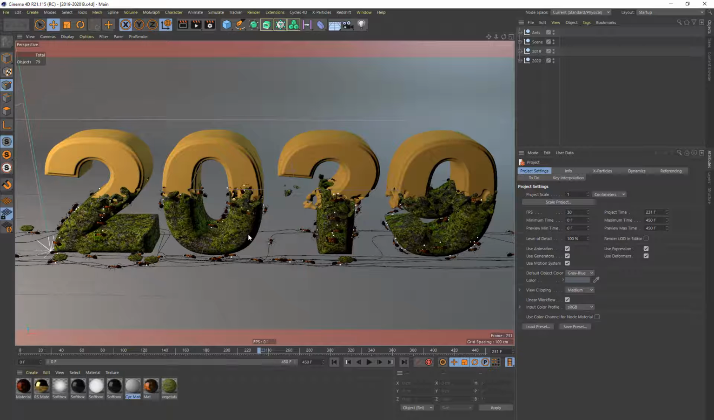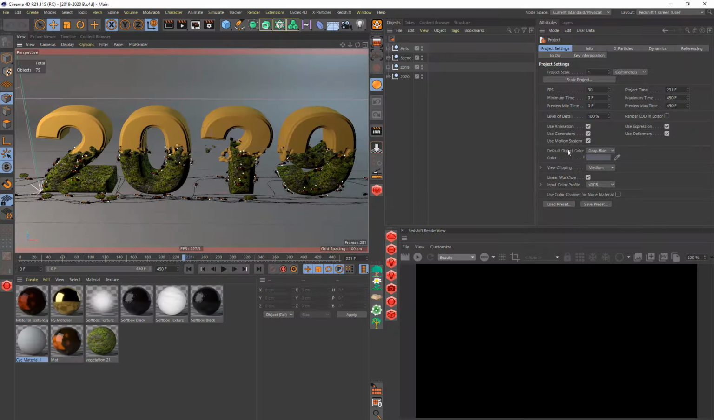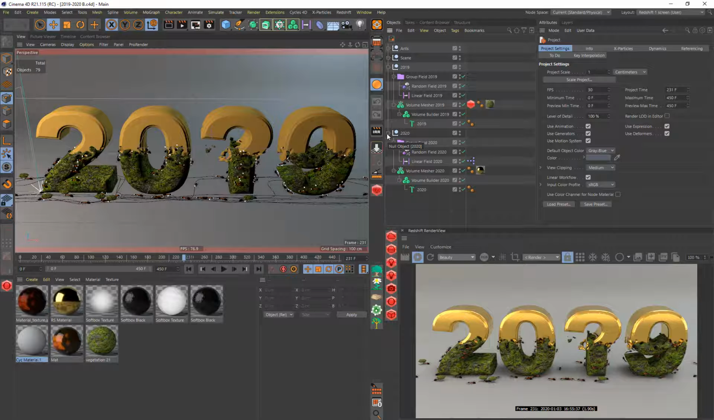I used Redshift materials on this, so I'll go ahead and switch to my Redshift layout. I'll turn on the render view. So what I will do to begin with, to make this a little bit easier to explain, is